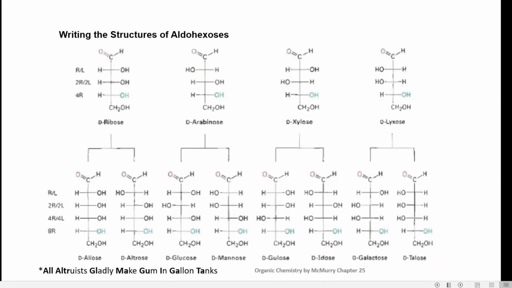So all for allose, alt for altrose, GL for glucose, make, MA for mannose, gum, GU for gulose, in, I for idose, gallon, GA for galactose, and tanks, TA for talose. So it is quite easy way to remember these structures. The corresponding L isomers of these aldohexoses would be mirror image of their